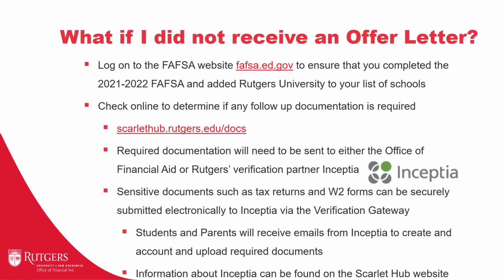These sensitive documents, like tax returns and W-2s, can be securely submitted electronically to Inceptia through the verification gateway. The email that Inceptia sends out to parents and students will provide all the information on how to create their account and upload their documents.